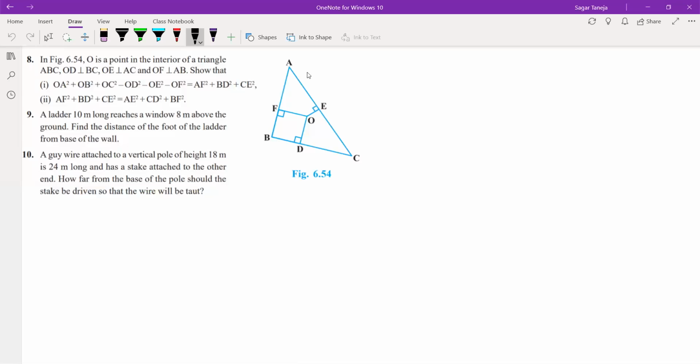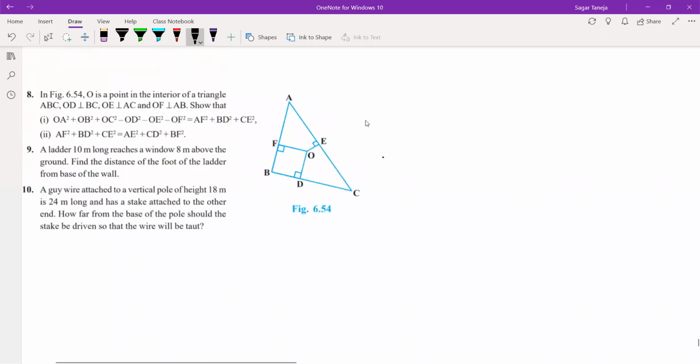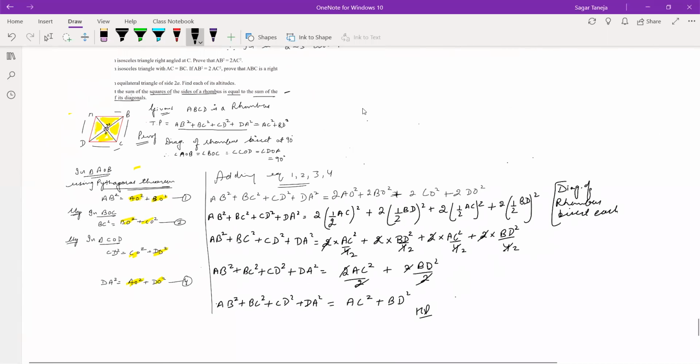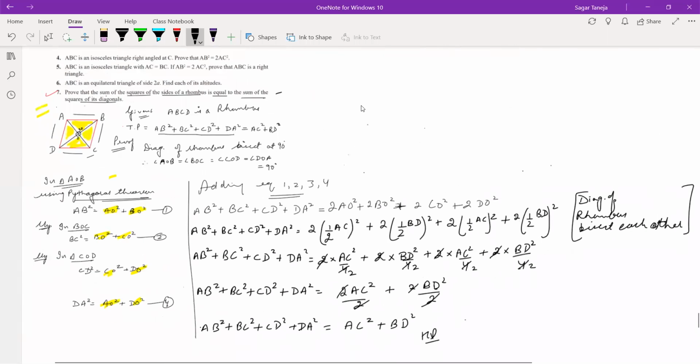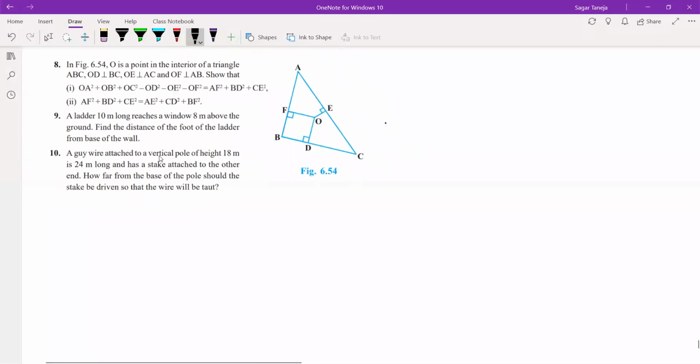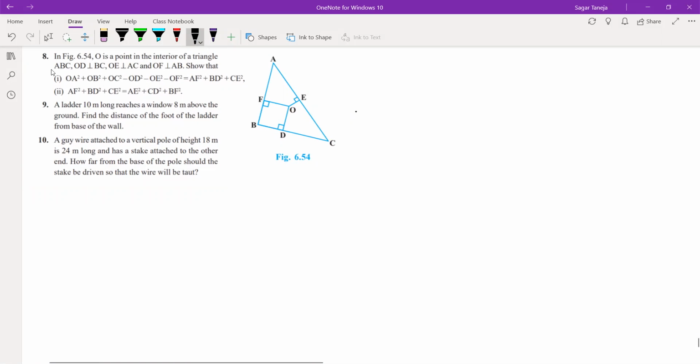Now this is the figure given. Okay, you want to see the full question again, Samreen? Okay, you can see full. This is the full solution. Done? Okay. Question number 8.